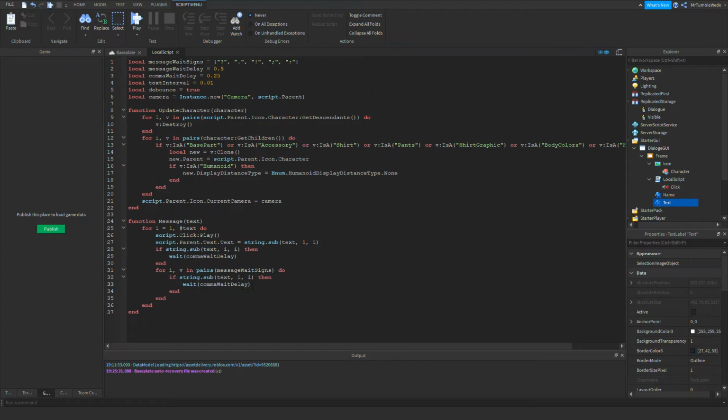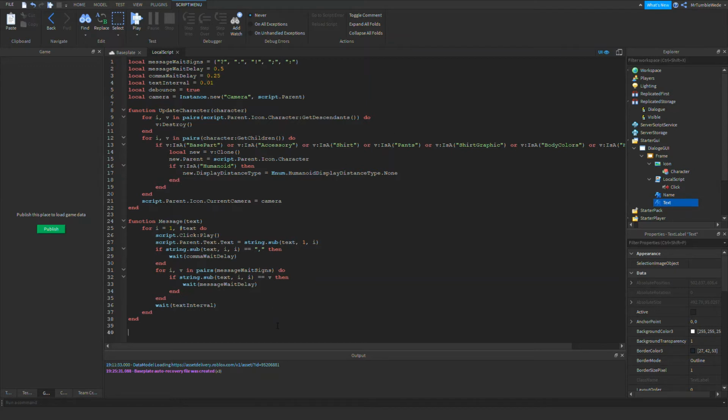Then oh wait, I'm sorry, I forgot to do this, the comma, and then we would do equals v, then we would do message wait delay. Okay, so now we got the message wait signs. Now we do wait text interval, which is pretty much the default text.